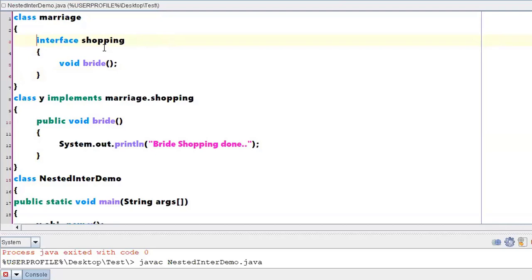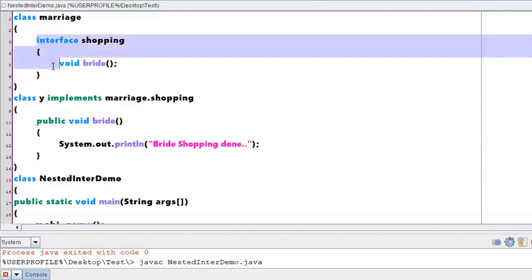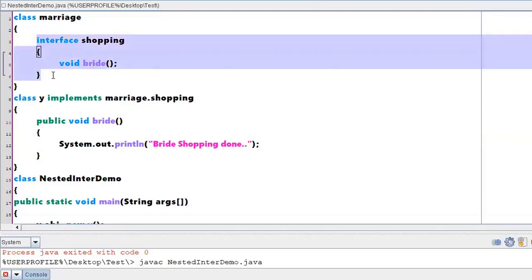Let us check. See, our intention is to implement this particular interface. Where exactly is that interface? It is there inside a class called marriage.